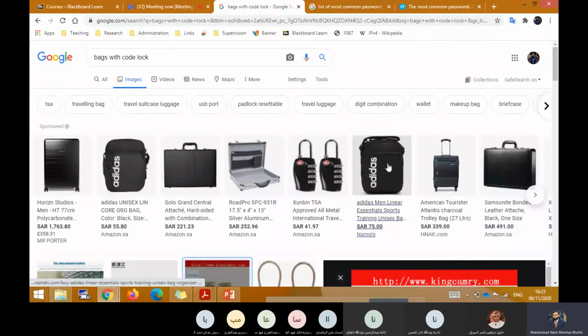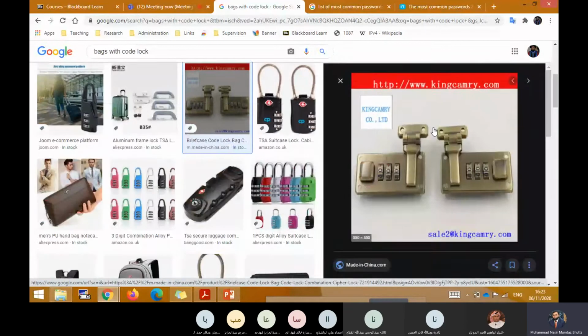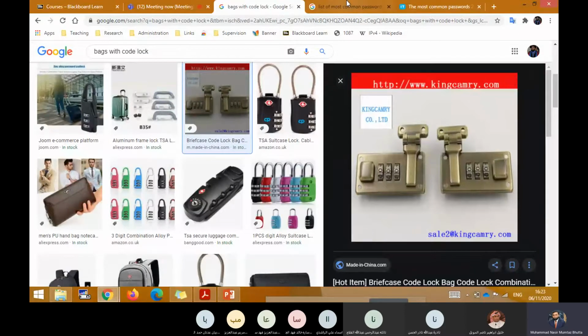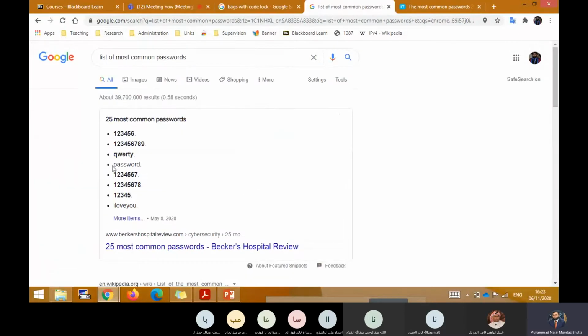Okay, so when we try to guess the passwords, sometimes first we try the same username, the same name of the person, the name of their university, the name of their father, the name of their mother, if we know them, the name of the company, or just the word password. The word password is very common.